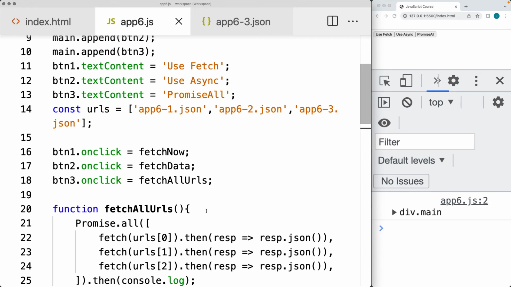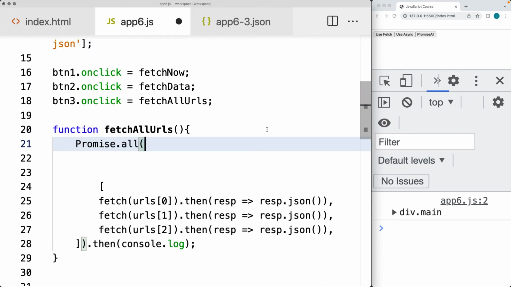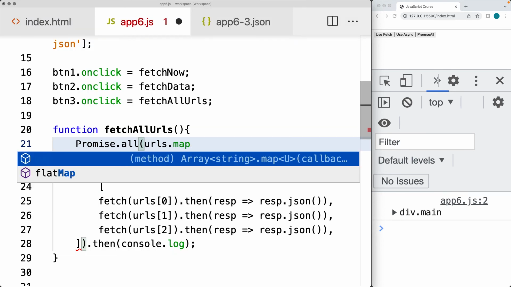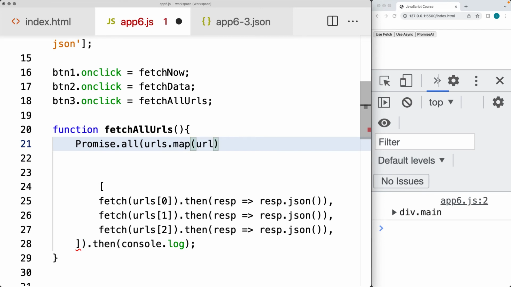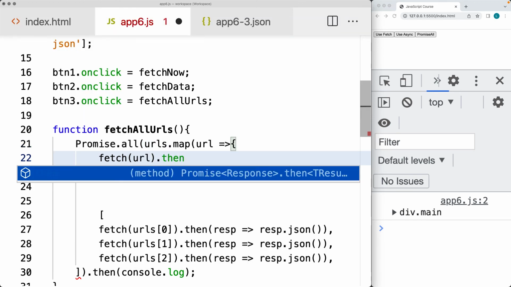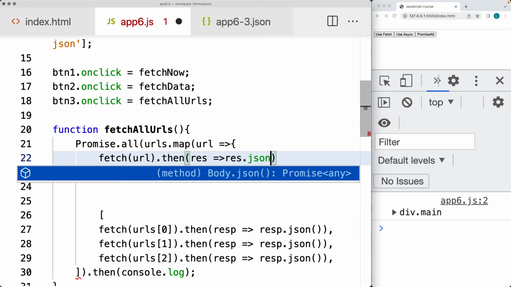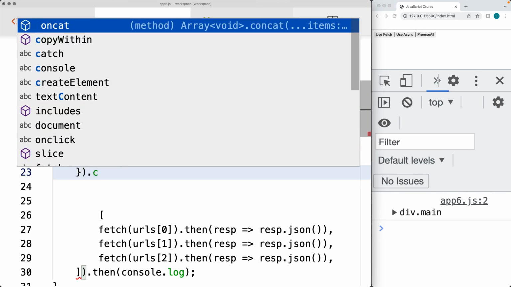So let's make an update to this where we're going to use Promise.all, but we're going to use the URLs array within the Promise.all. This gives us all of the URLs that we want to use. And then using the map method, we can get the URL out and then do something with the URL, where we can make a fetch request to the URL specifically and then return back the response from the response object as JSON and output that into the